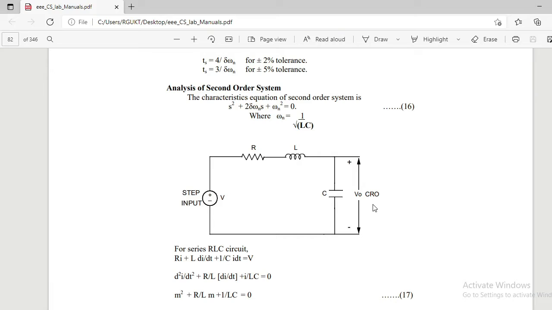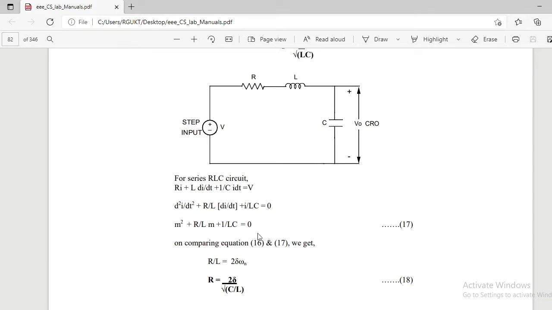As well as in each case, you may adjust the R value by calculating R with the help of this formula, right? But suppose you are performing the experiment for the critically damped system, zeta equal to 1. At that time, you get R as some fixed value. Then you adjust R to that value. Then you change the inductance value, for the critically damped system only. Then you observe the change in the characteristics, whether it achieves steady state earlier or somewhat late. And up to what extent the system remains a critically damped system.